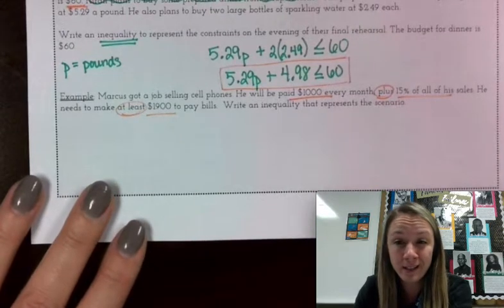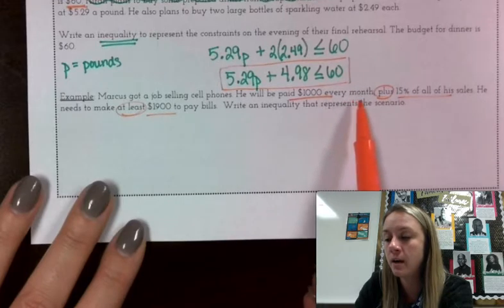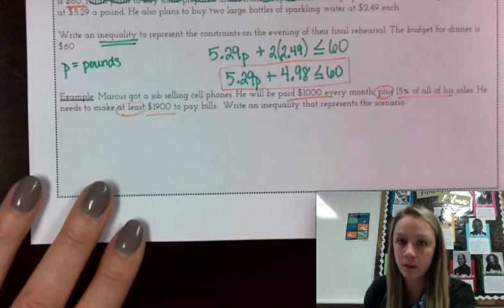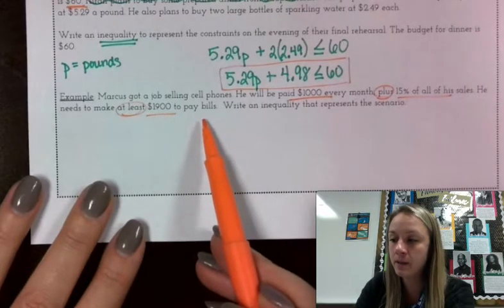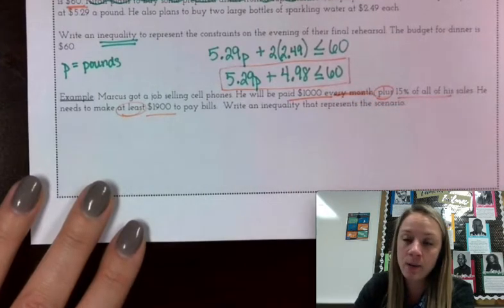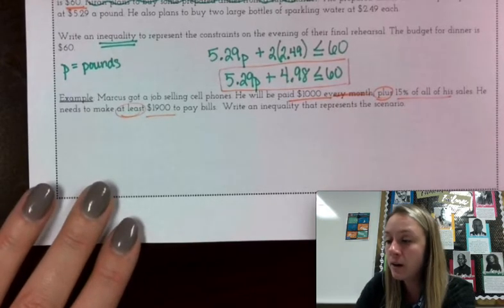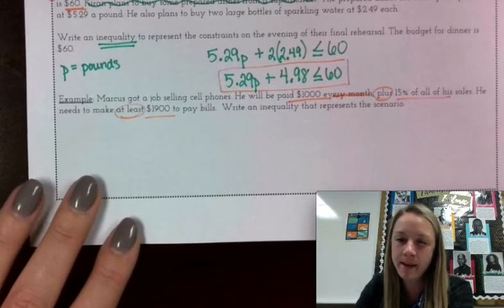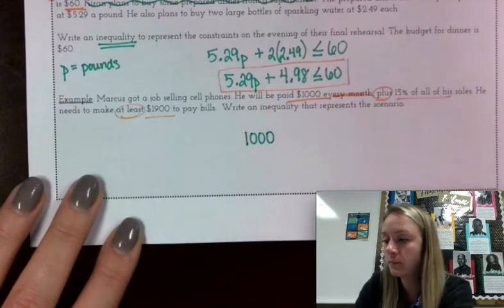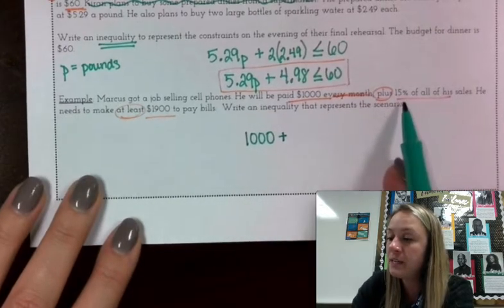So I noticed a lot of things right away. The part that was confusing for me is it does say every month here, but when you're paying bills, you also pay bills every month. So if you're paying bills every month and you're getting paid every month, the every month part doesn't actually matter, so I'm going to cross that off. So my starting point is like the base pay, which is that $1,000. And then I saw the word plus, so I'm going to add on to that 15% of all of his